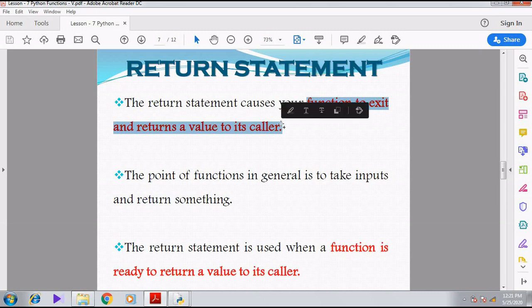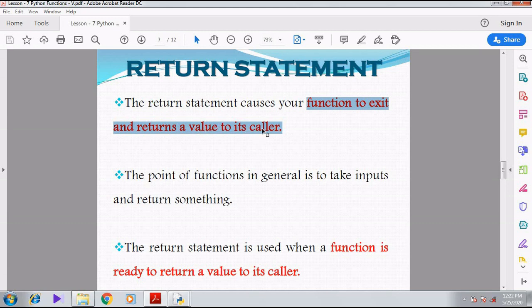That is the exit point, the last part in the function. Whenever the function is going to end, you can see the return statement. That particular statement is the last line of the function. At the same time, it is used to return a value to its caller.